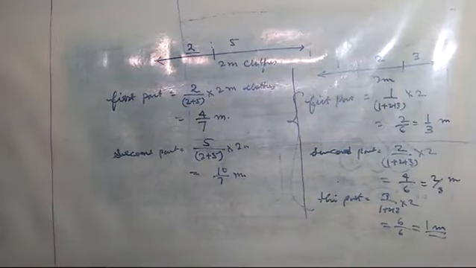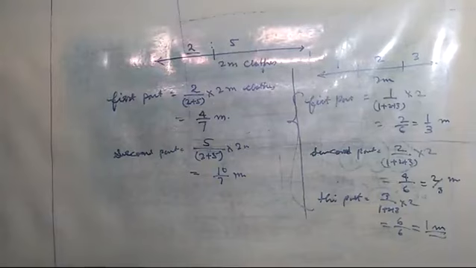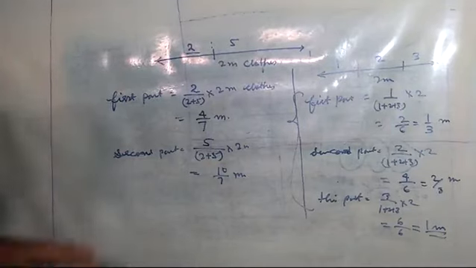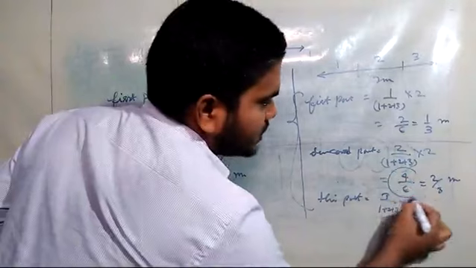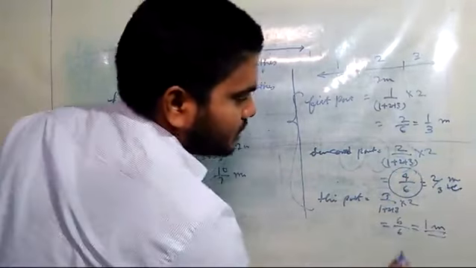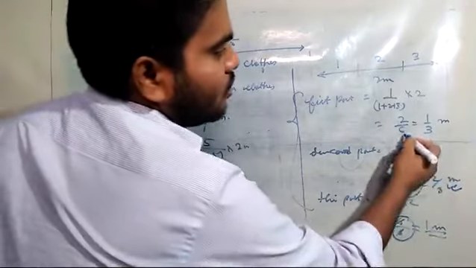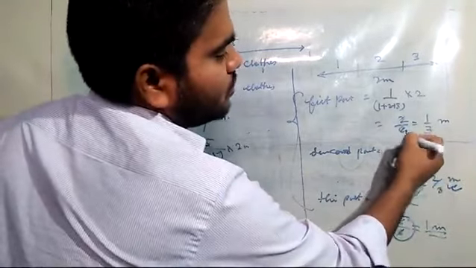Now one more thing, my dear students: whenever you represent any fraction, I have told you it should be written in the simplest form. A rational number should also be written in its simplest form. In the same way, ratios should also be written in the simplest form. That is why I cancelled all these numbers and then converted into 2 by 3. Here also I cancelled, 6 upon 6 is equal to 1. Then I wrote it. Here it was 2 by 3.